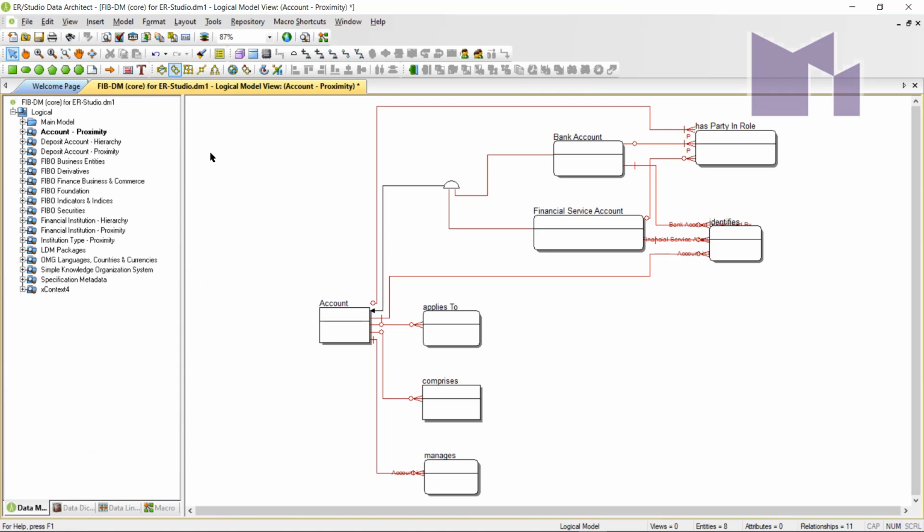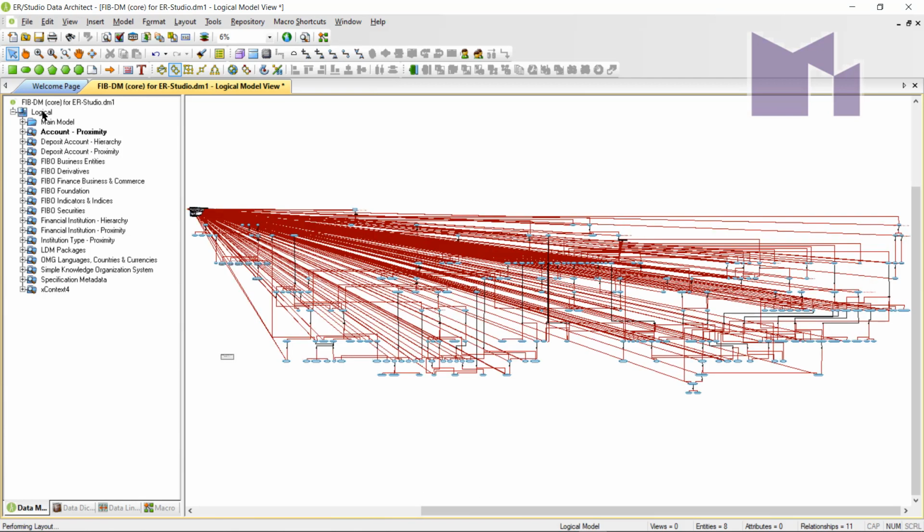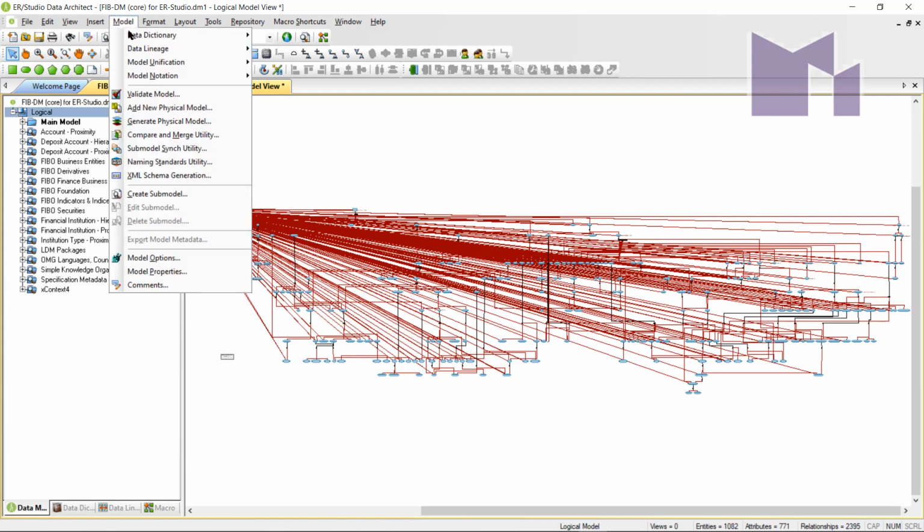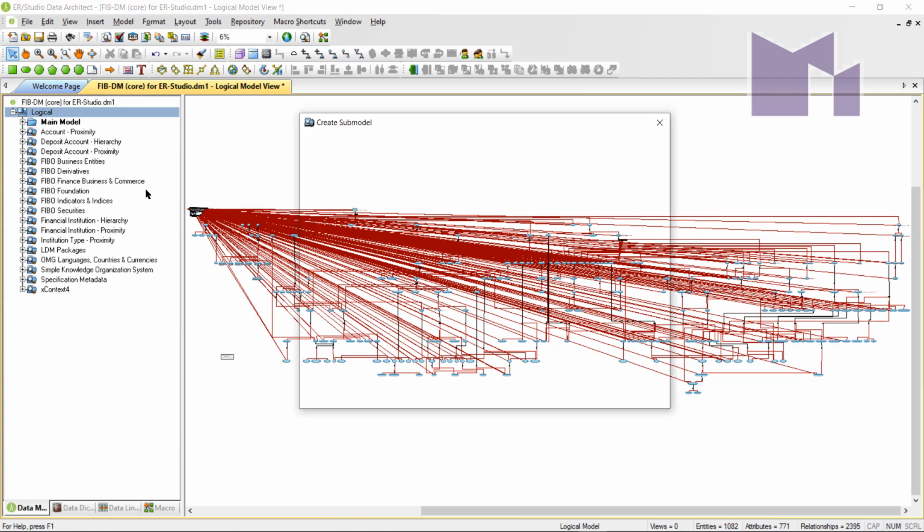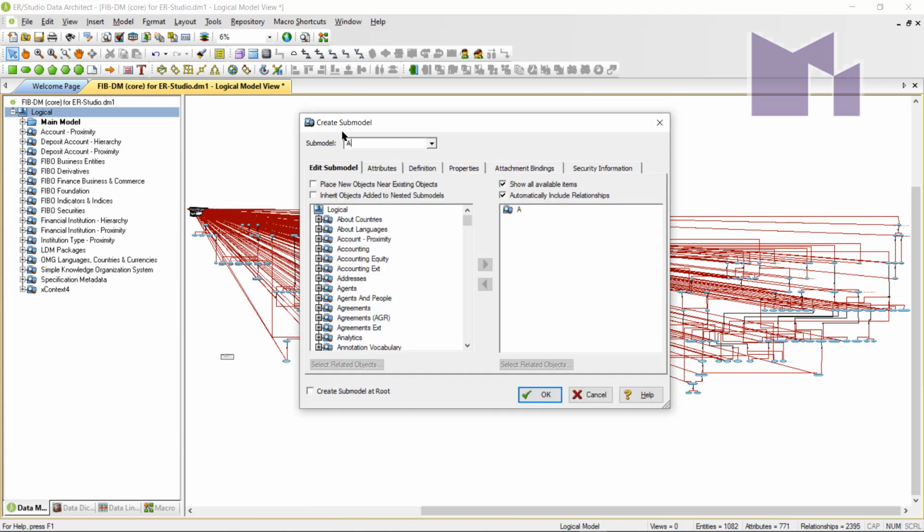And let's look at address. If I want the hierarchy for address, first of all I have to find, well actually there are a number of ways I could do this. I could click on the model, wait for the diagram to come up, click on memory, model, create submodel. I want to call it